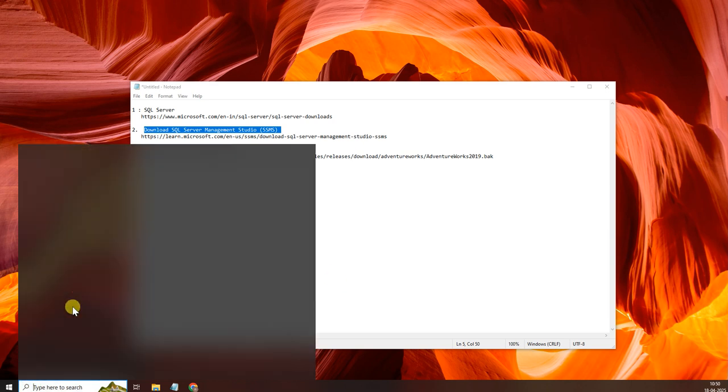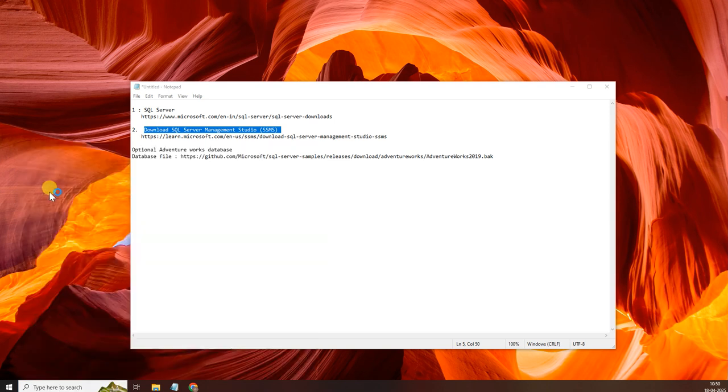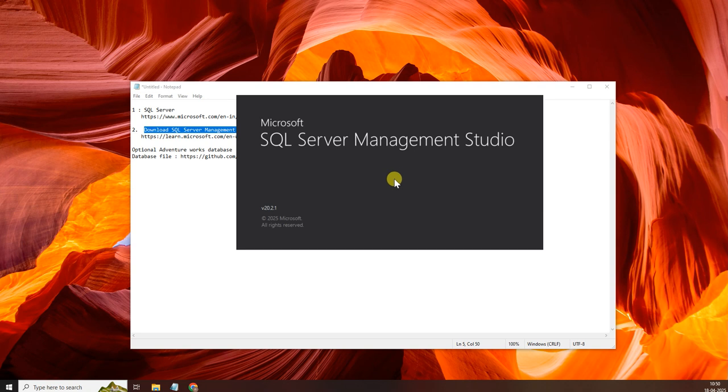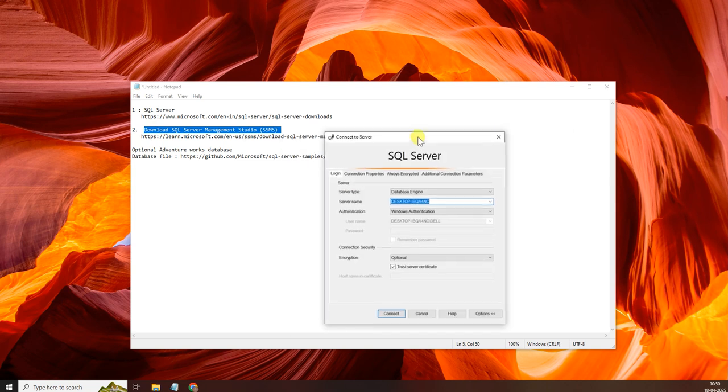I will just type now SQL Server Management Studio. So this kind of prompt will appear in front of you. This is a GUI, graphical user interface, to interact with SQL Server. So you can provide a database engine, the server name that you have,